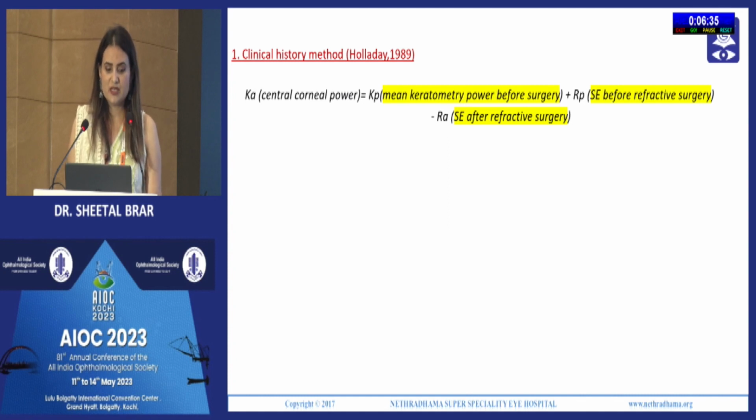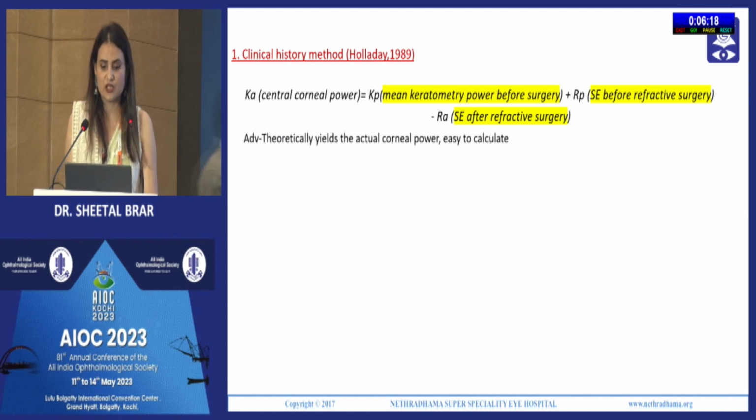Here you derive the central corneal power by adding the mean keratometry power before surgery and the spherical equivalent before refractive surgery, and then subtracting the spherical equivalent after the refractive surgery. This theoretically yields the actual corneal power and is also easy to calculate. However, the accuracy depends upon the accuracy of the data. If you do not have pre-refractive surgery data, then you cannot use this,